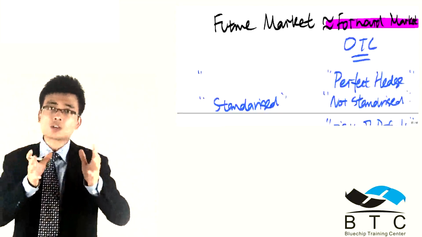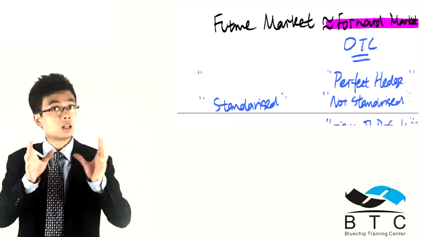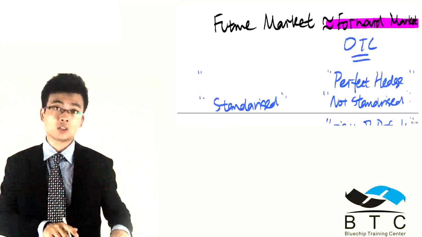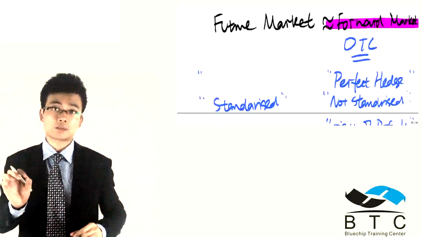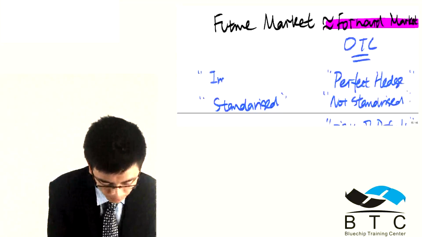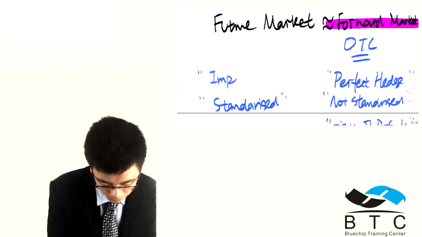You need 30.3 contracts to hedge the total amount, but we can't say 30.3 in the exchange. We can only buy or sell 30, in full numbers. So from that perspective, it would normally be an imperfect hedge